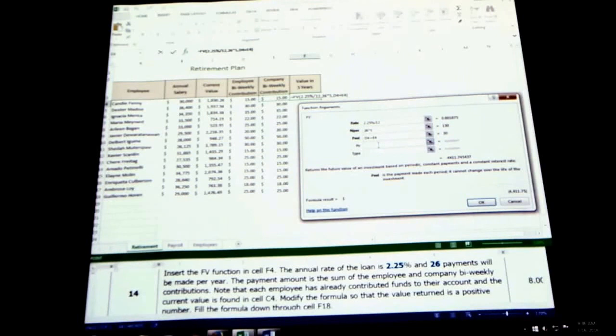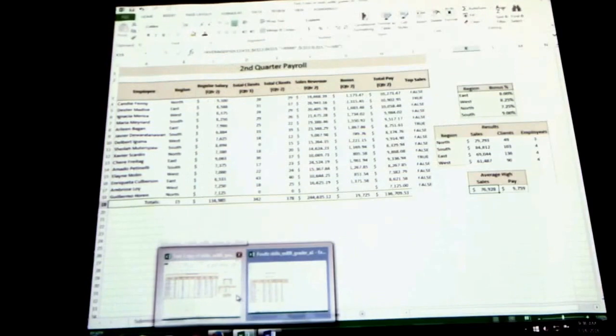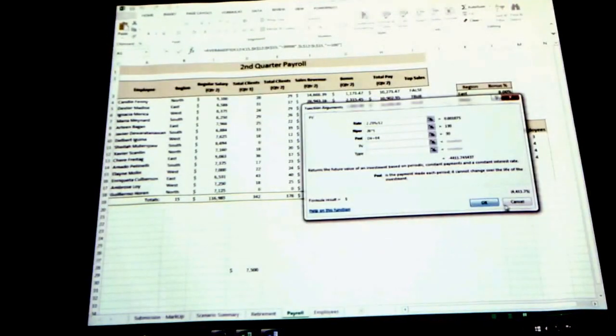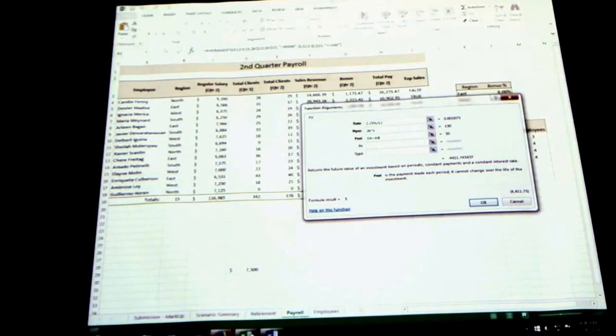There. We don't have to worry about the other two. It doesn't give us a present value. And we don't have to worry about what type of loan it is in this case. Okay, if you press OK there,